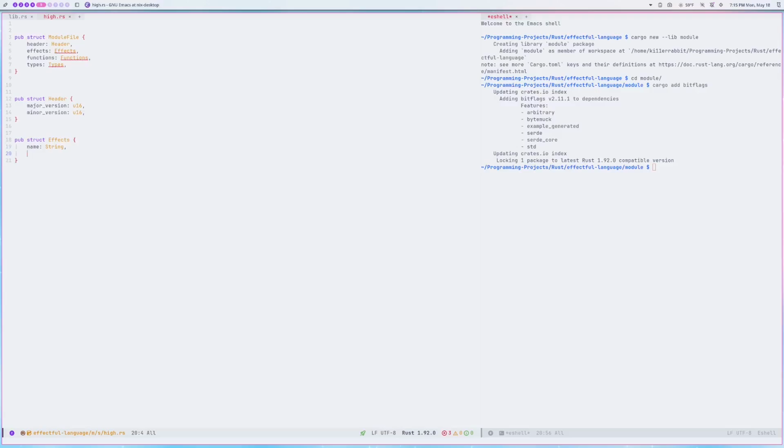And then we'll have an effect operation. And then we need to define an effect operation, which has a name, the string,